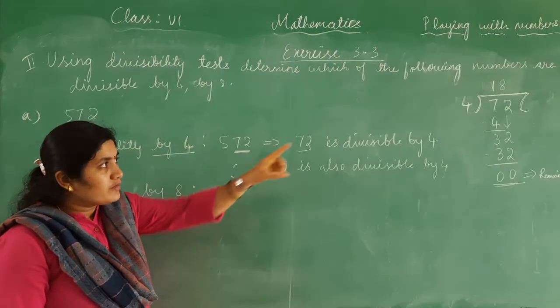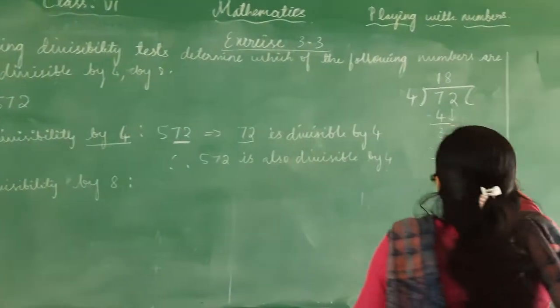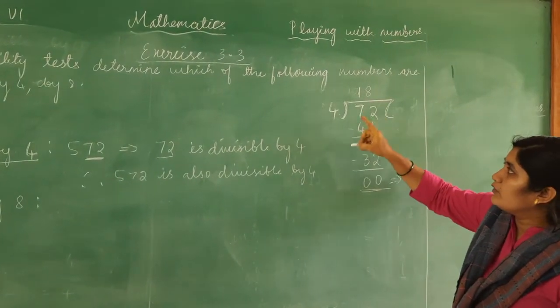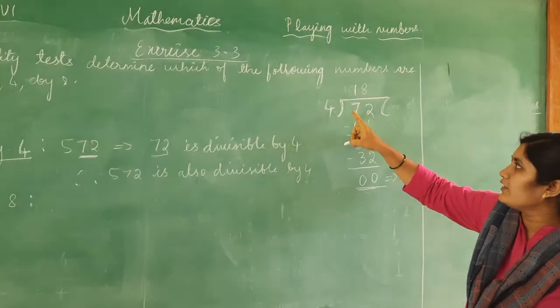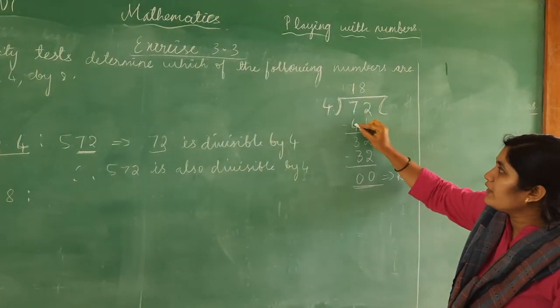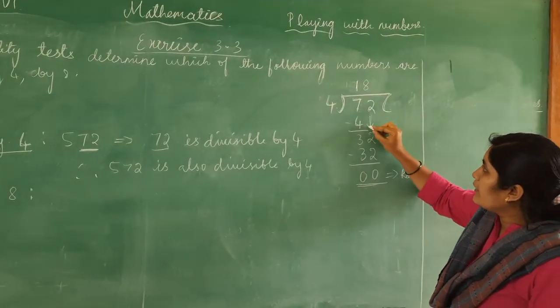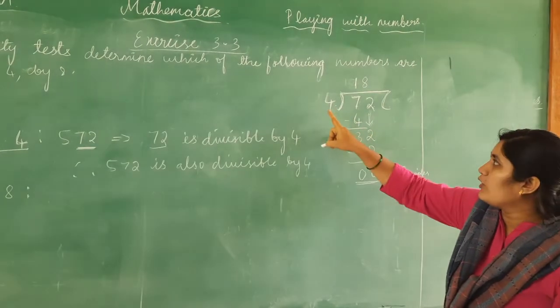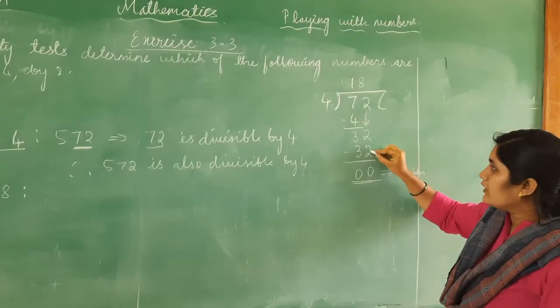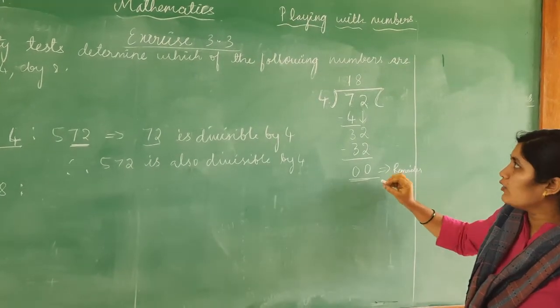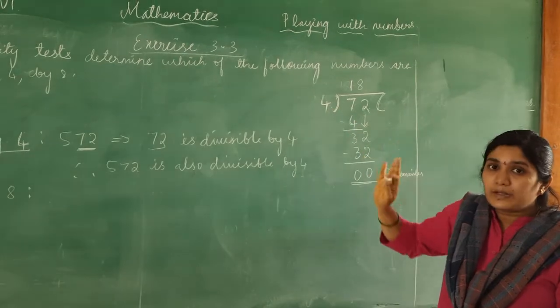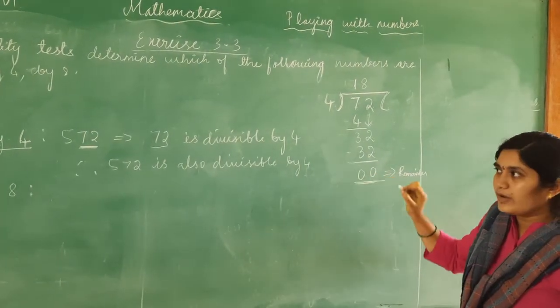We should check. When you divide here, 72 divided by 4, consider the number 7, only one digit because 4 is less than 7. 4 ones are 4. 7 minus 4 is 3. Now bring 2 down, 32. In the list of multiples of 4, you have 4 8s are 32. 32 minus 32 is 0. So you can say that 72 is divisible by 4 completely, not partially. As you can see, the remainder is 0.